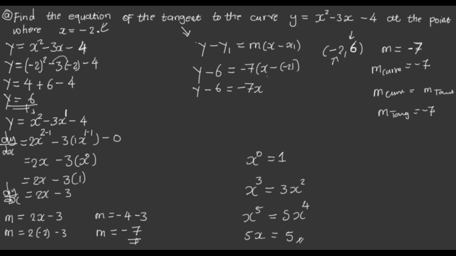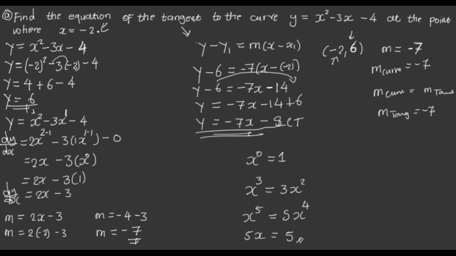Then here, negative 7 times negative 2, we get negative times negative, plus 14. Then this will be shifted to the other side. We have y is equal to negative 7x minus 14 plus 6. So y is equal to negative 7x minus, we are going to subtract because of the different signs, 8. So this is now the equation of the tangent